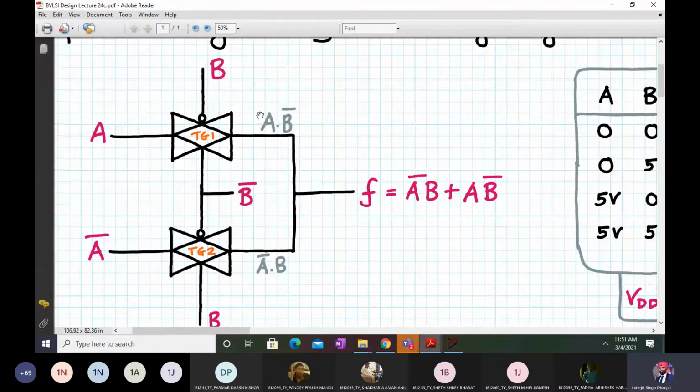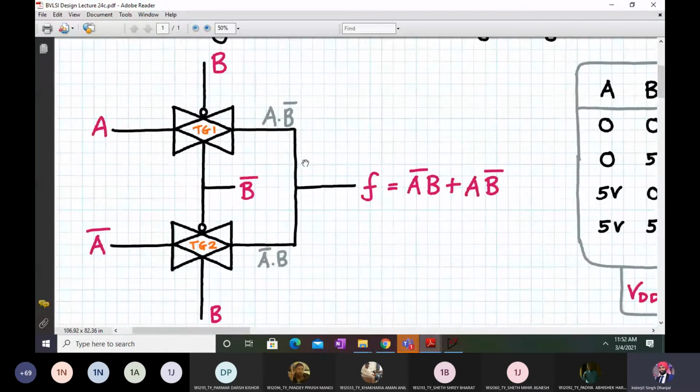On. Yes, perfectly said. Why is it on? Because over here we are applying logic 0, and this is the gate of the PMOS. Whenever you apply logic 0 to the PMOS, it is on, and obviously this also will be on. So B is logic 0, which means B bar will be logic 1. Your transmission gate 1 will be on, and it will pass whatever is at the input, A, as it is. Here I have written A dot B bar, so it will pass A dot B bar.